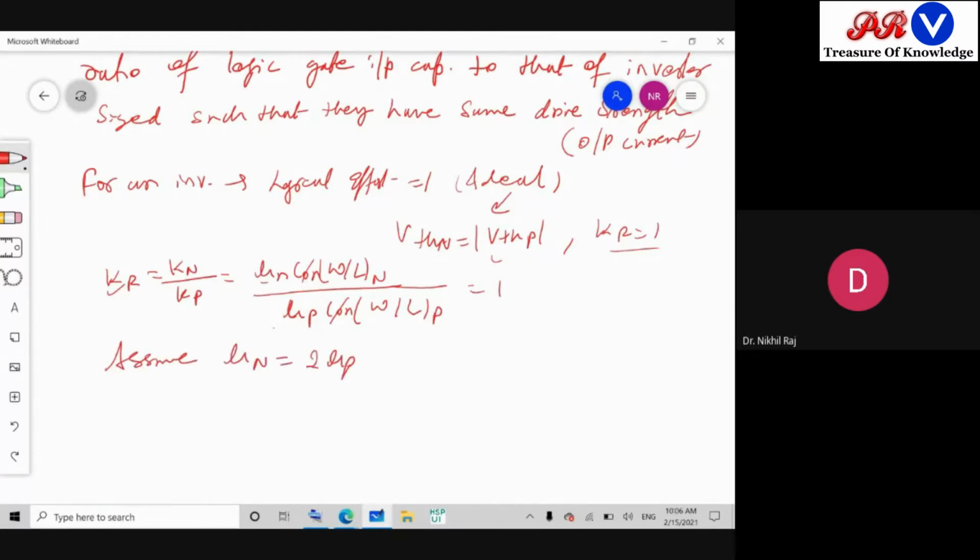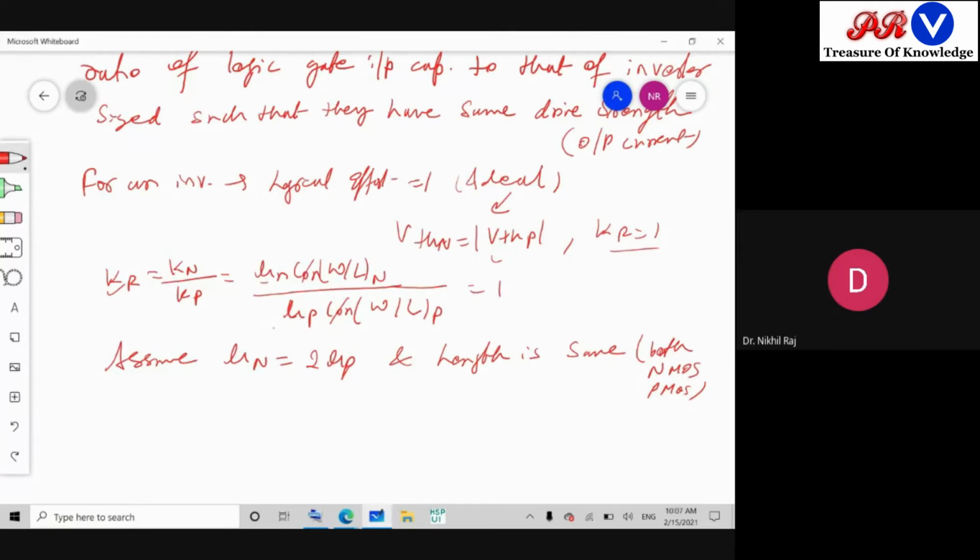Generally it holds true, but nowadays somewhat a 1.5 factor comes. Let's assume length is the same for both NMOS and PMOS. If these conditions are maintained, because with minimum size length we can accommodate more transistors on a single chip,